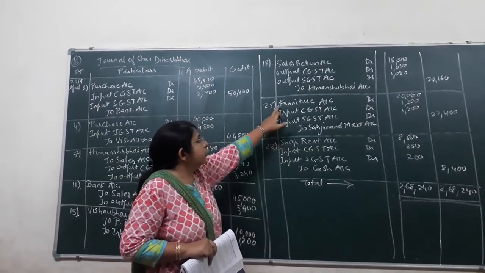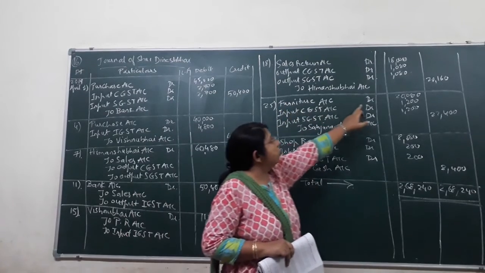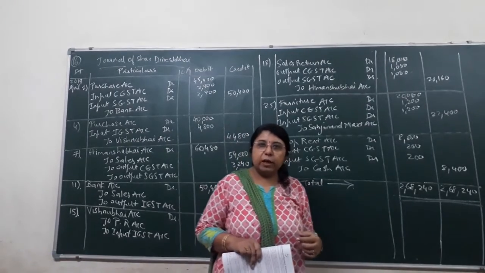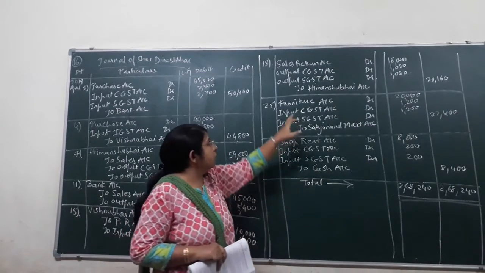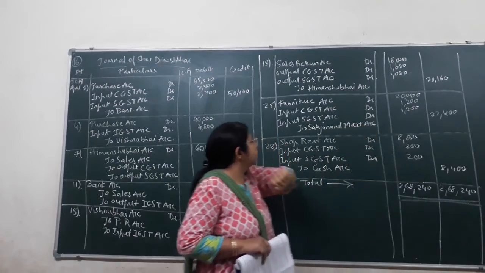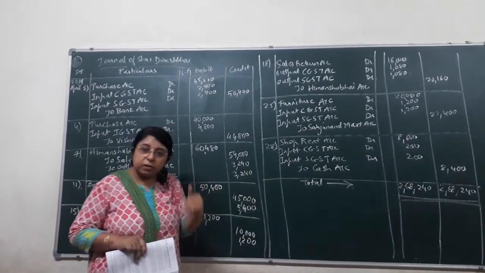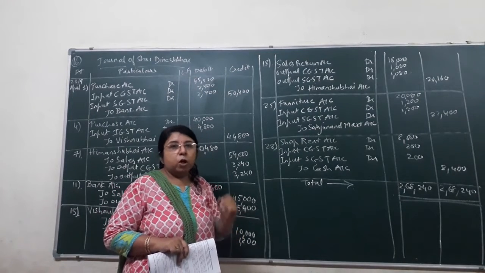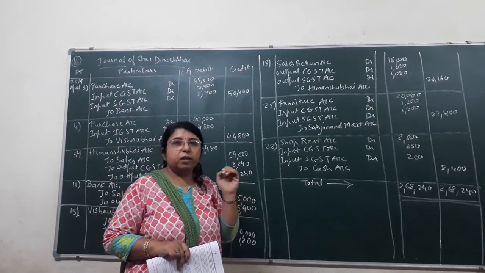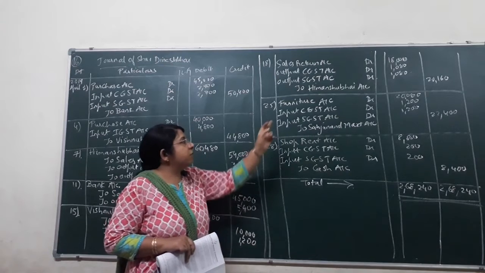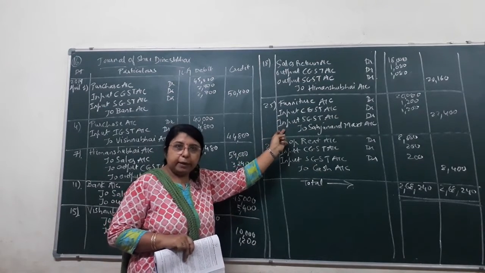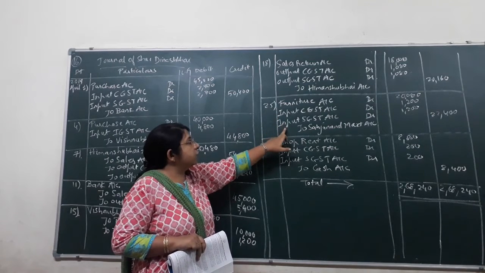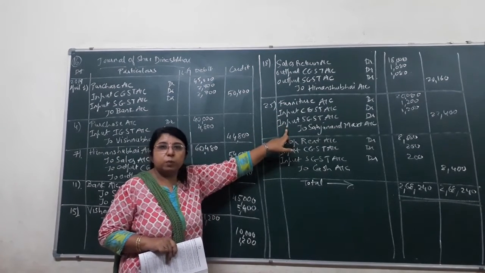So the entry that will come: furniture account debit, that is 20,000, because as per the rule of real account, debit what comes in. We have purchased from within the state, from Ahmedabad city, so we have to count CGST and SGST. Always with a purchase, whether it is goods or assets, the word input will be applied, so input CGST and input SGST will always be debited.